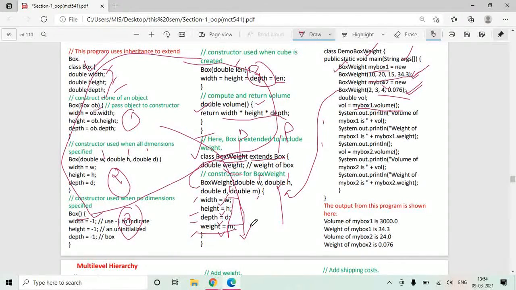Inherited here means you can access those features with respect to an object of BoxWeight. So myBox1.volume gets called, returns the answer, and you can print it here. Same with myBox2.volume: the function gets called for object 2, the volume gets calculated, the return value comes back from the volume function, and you can print the volume for myBox2.